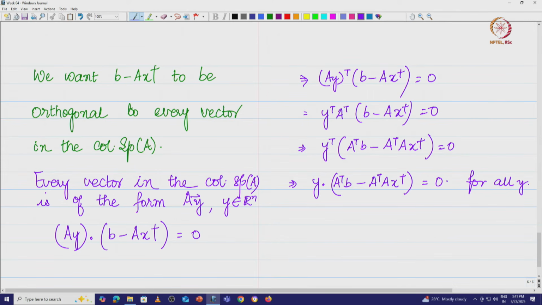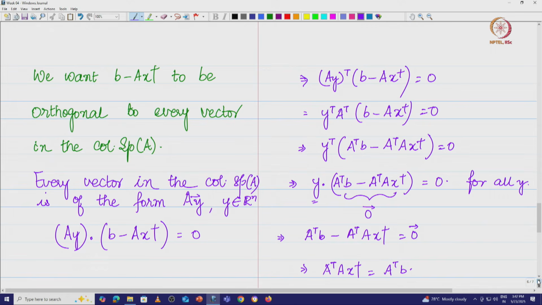For all y this is equal to 0. Now, if you want to look at that vector which is orthogonal to every possible vector y, there is only one vector which is orthogonal to every possible vector y, and that is the 0 vector. Therefore, this must be equal to the 0 vector, which implies A transpose B minus A transpose A x dagger is equal to the 0 vector, which implies A transpose A x dagger is equal to A transpose B,